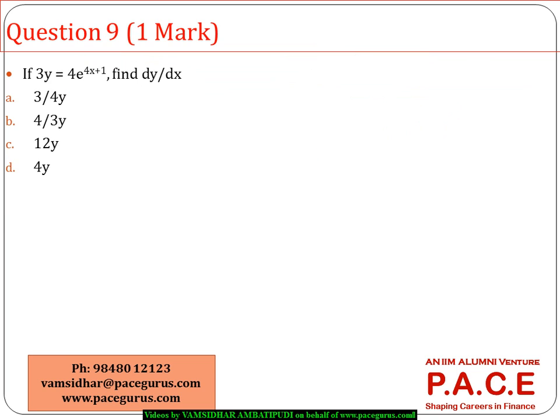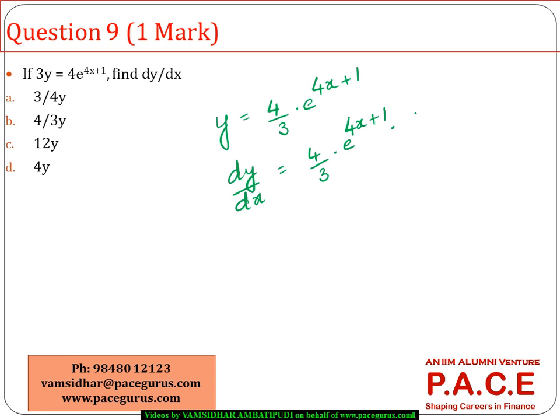If 3y is equal to 4 e power 4x plus 1, find dy by dx. So it's a simple differentiation we are trying to do. So probably I can rewrite it: y equal to 4 by 3 times e power 4x plus 1. So I can very well write dy by dx is equal to 4 by 3 times the derivative of e power x is always e power x only, e power 4x plus 1 into the derivative of 4x plus 1,